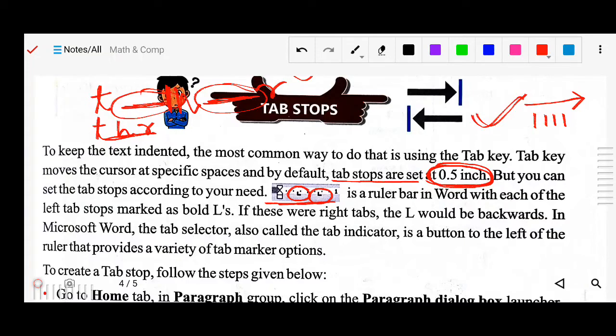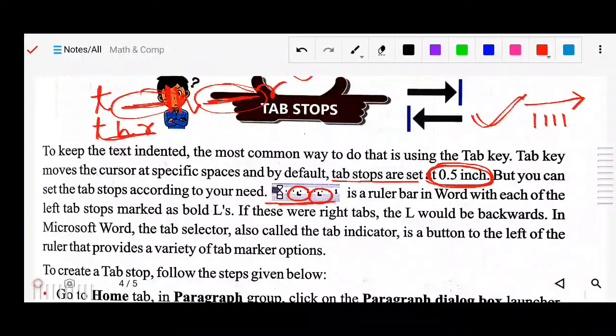So there are actually 4-5 types of tab stops, right, center, and so on. These are the signs you can see. This is for the tab stop. So from here you can adjust it. This size you can adjust, and you can see where it will be adjusted. So that is possible.